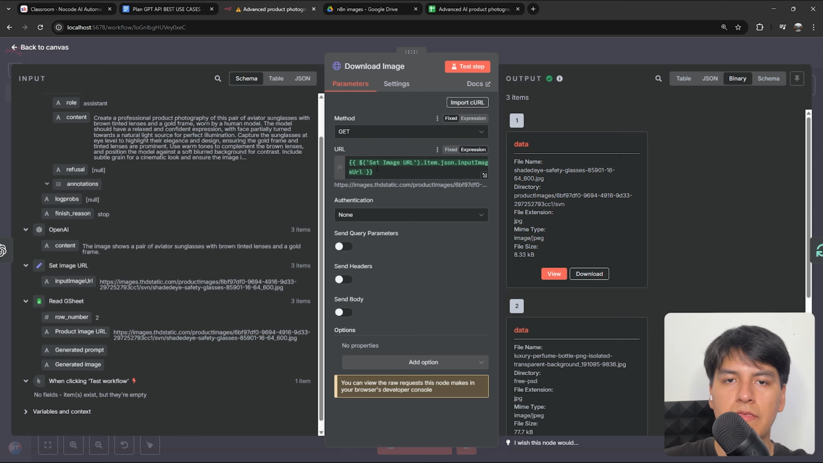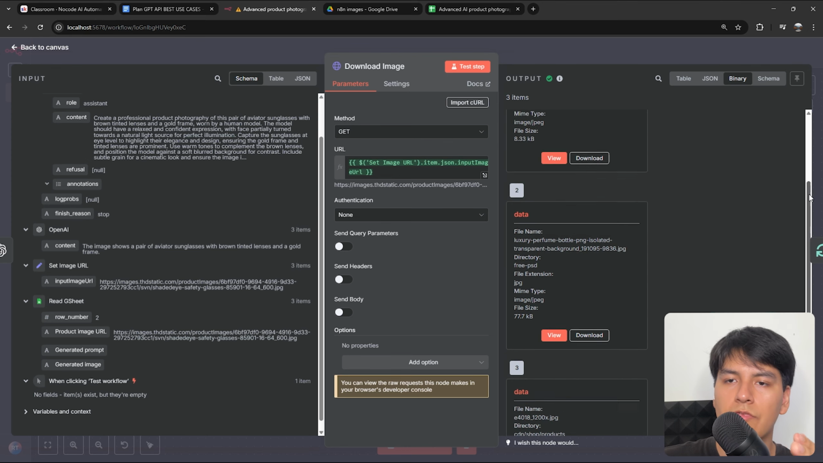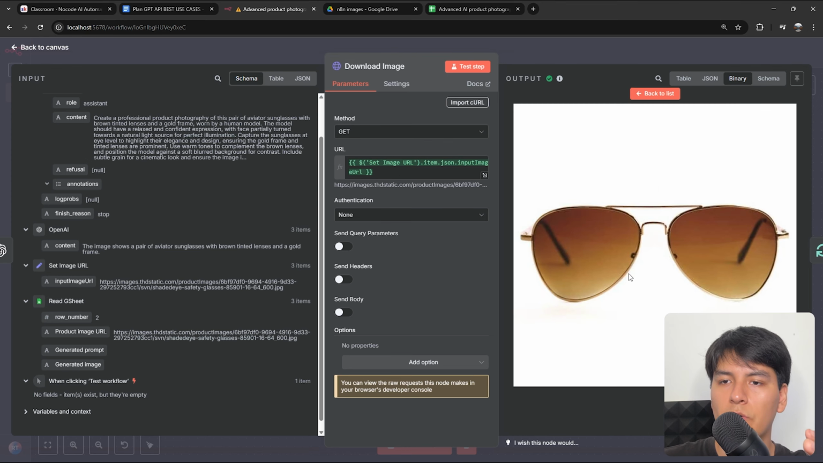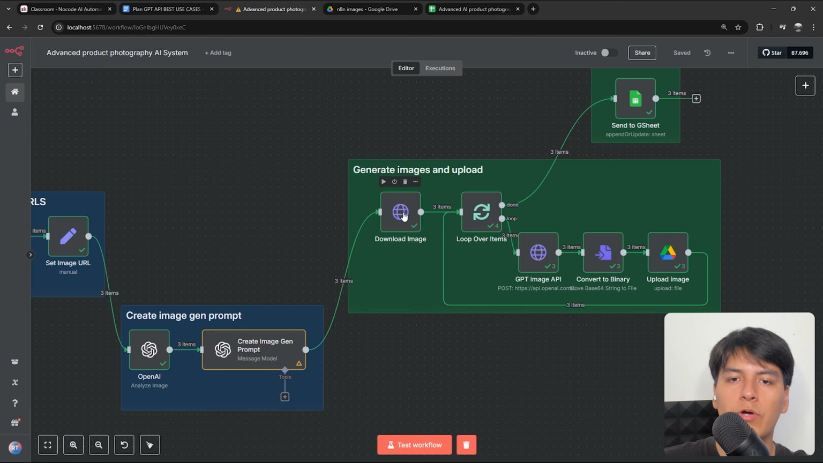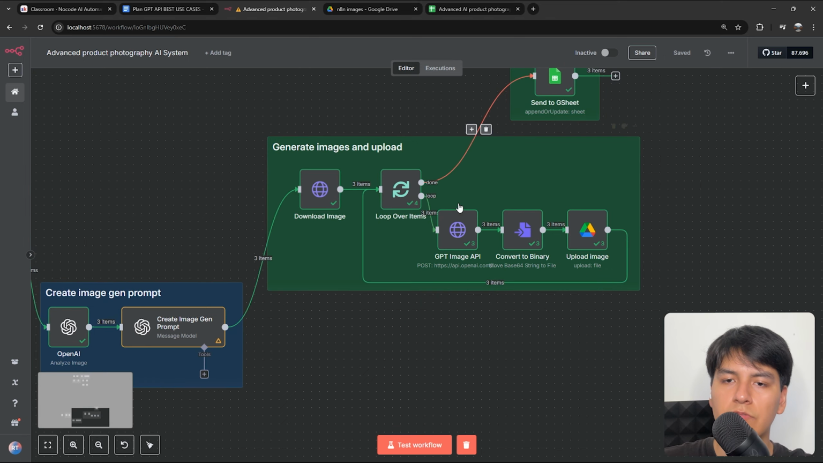So just a get method and the image URL. And then once you run it, as you can see here, it downloads all of the 3 images. So if we check the first one, it's actually these sunglasses right here. So after that, once we have the downloaded images inside n8n, then we can send those images to the GPT